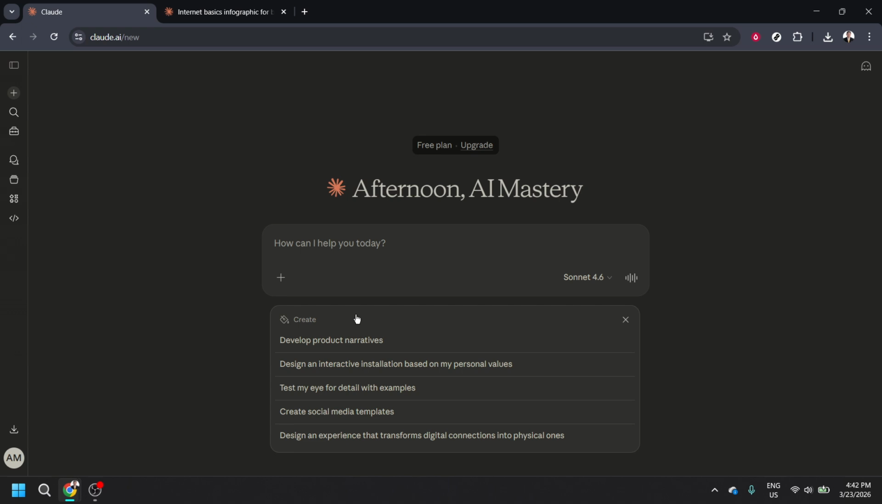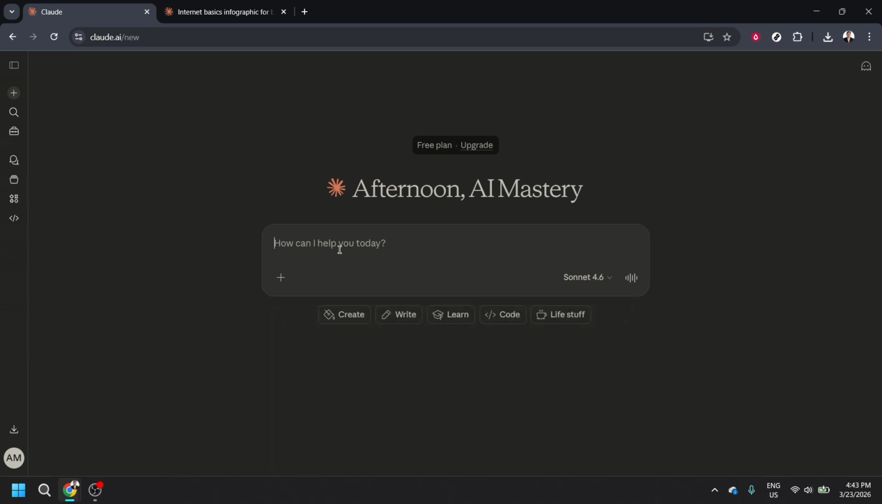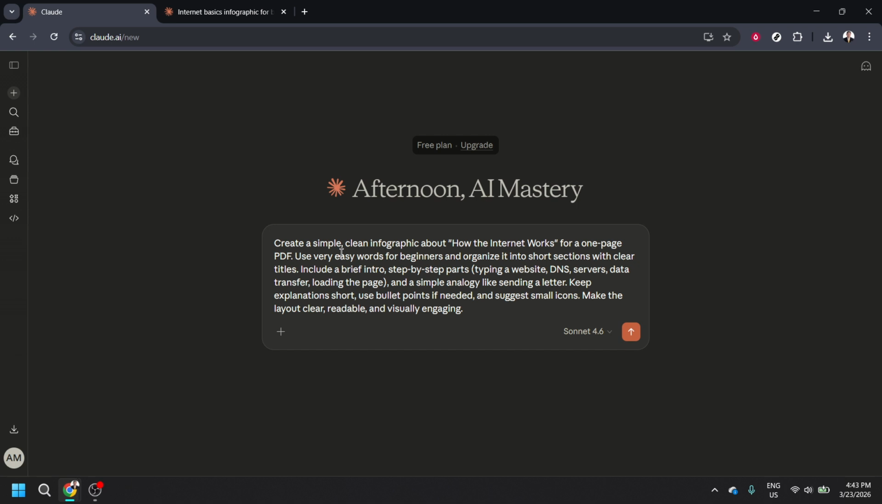Next, craft a strong prompt. The key is to be specific about the format, the audience, and the layout you want. Tell Claude that you want a one-page PDF. Ask for simple language. Define the sections you need, and mention any visual hints that will make the page easy